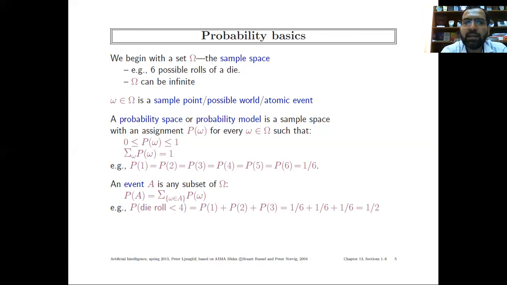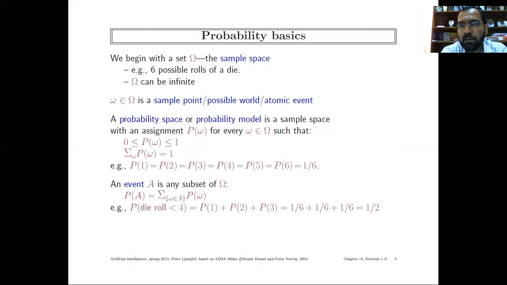A probability space or a probability model is what? It is a sample space with an assignment P(w) for every w belonging to sigma. So sigma itself is infinite, so it includes all the possibilities, whatever the possibilities we have. But we want to have the assignment. So that assignment is what? That is P(w), where w belongs to sigma, such that the important thing is the probability is always between 0